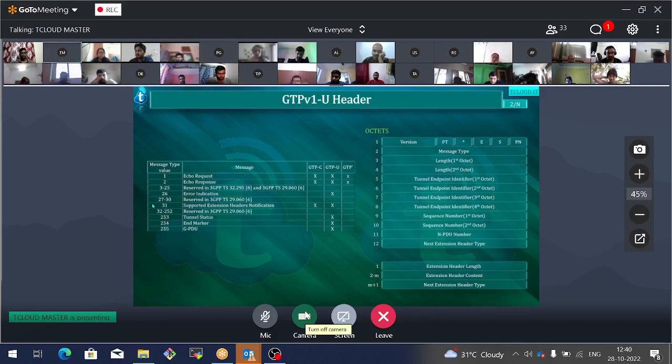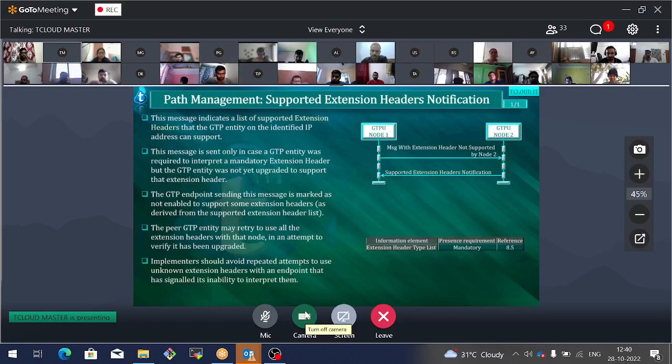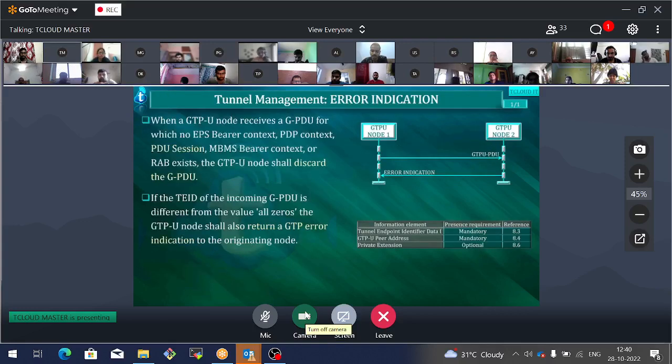Next, error indication, message type 26. Okay, I think I will go to that error indication first. In the order, we'll see. Say you have sent a GTP-U PDU